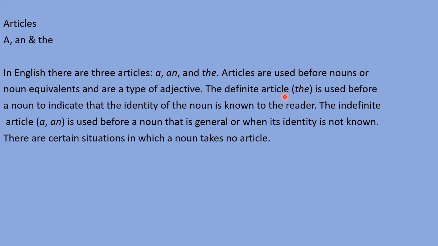जब लिसनर और स्पीकर को हमें बताना हो कि दोनों को वो चीज का पता हो तो वो चीज डेफिनेट होती है. So suppose I say that please get the chair, it means that the listener also knows which chair I am talking about. If I say that please get a chair, it means the listener does not know which chair, it can be any chair. Okay, getting my point?